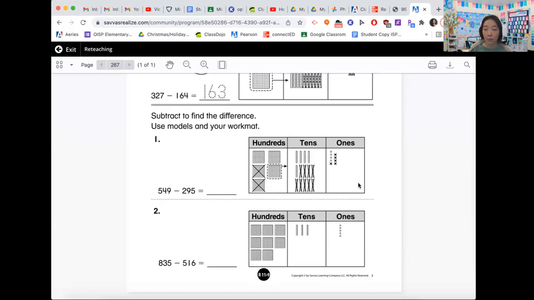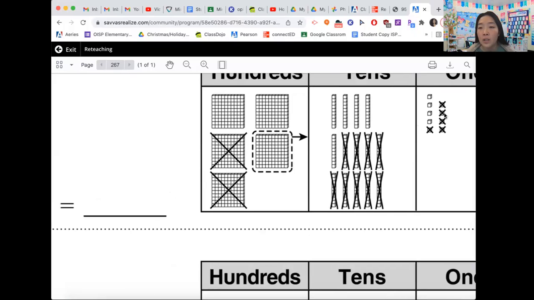So let's say I'm in a breakout room with Sally and Billy. Okay. All right, Sally, we're going to start with 549. Okay. Let's draw that. 1, 2, 3, 4, 5 hundreds, 1, 2, 3, 4 tens, 1, 2, 3, 4, 5, 6, 7, 8, 9 ones. Okay. Now we need to subtract the ones first. Step 1 is subtract the ones. Sally, what should I do first? Okay. Well, the ones in 295 is 5. So we need to subtract 5. Okay, Sally, you're right. 1, 2, 3, 4, 5.